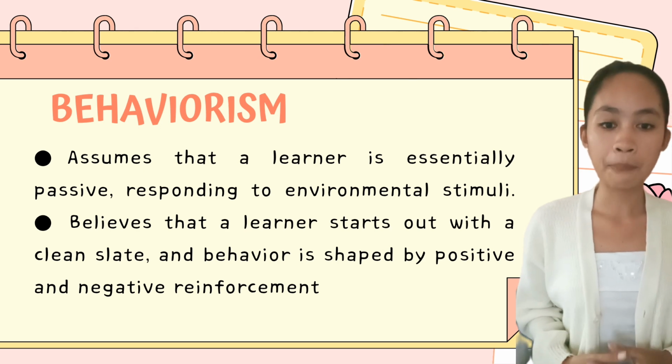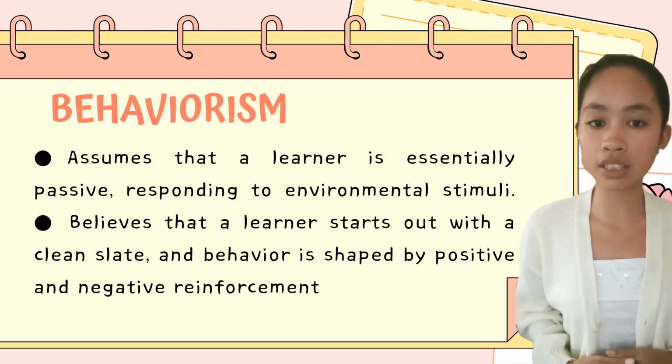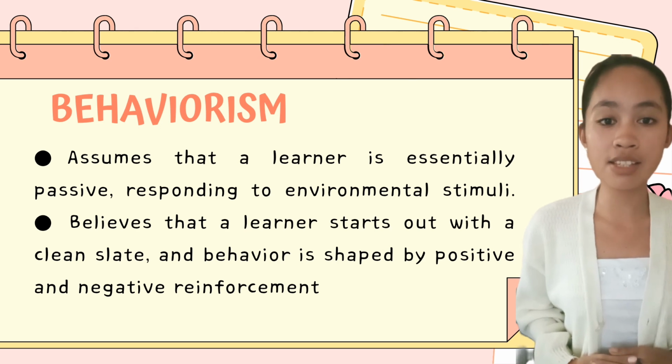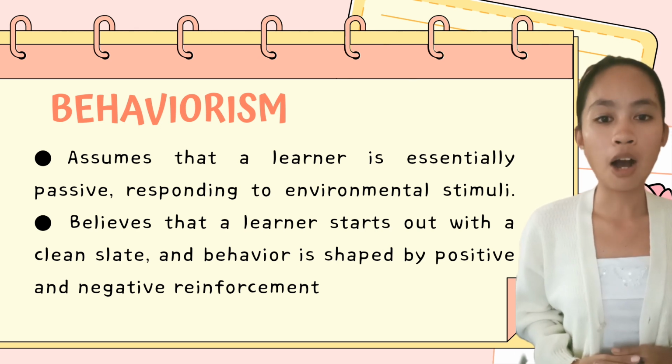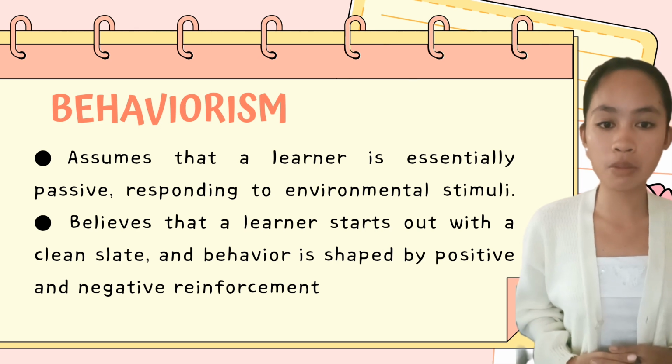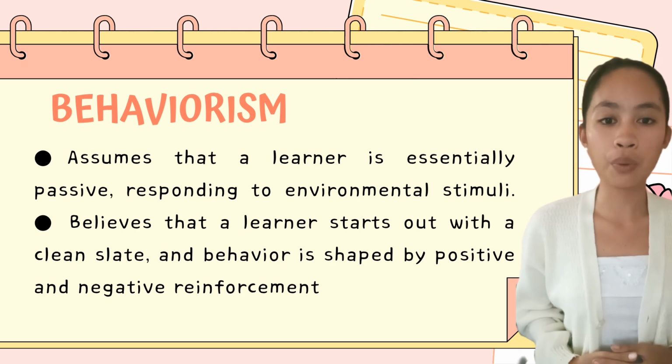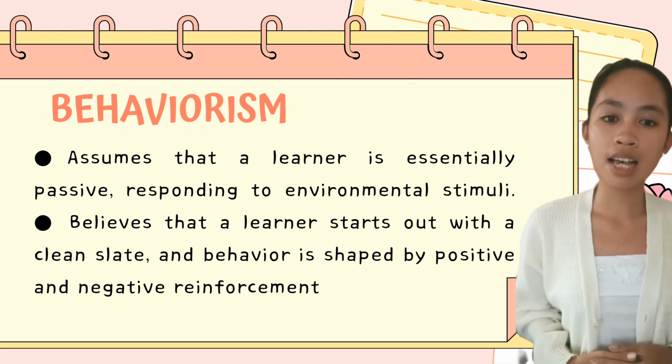So of course, because Ja knows that every time she passes, she will receive a reward from her parents, that leads her to strive to always pass her exam, knowing that she will receive a reward after. And for punishment,